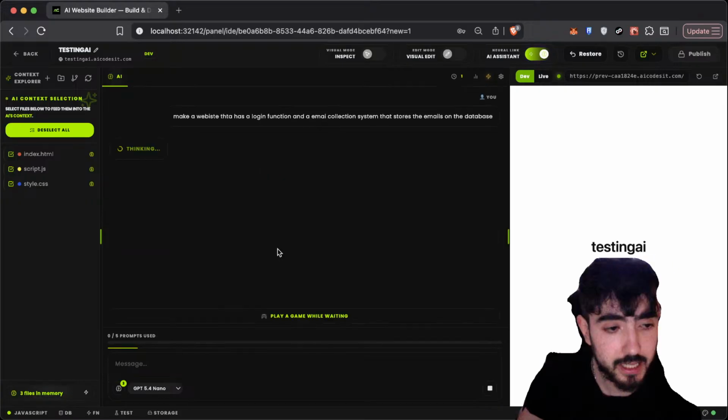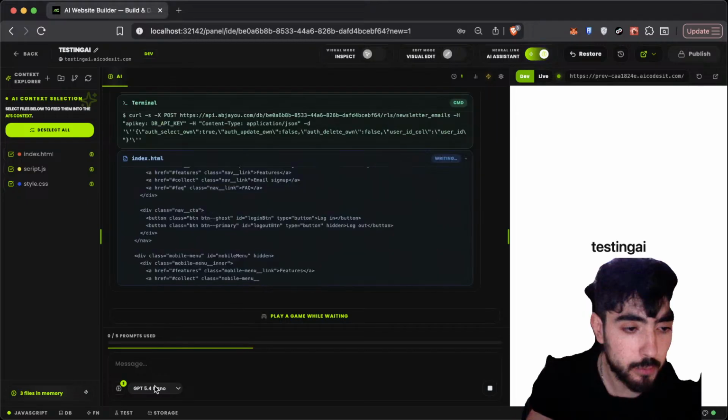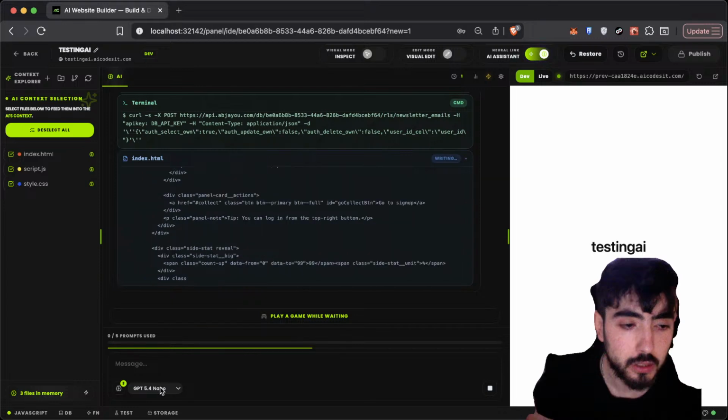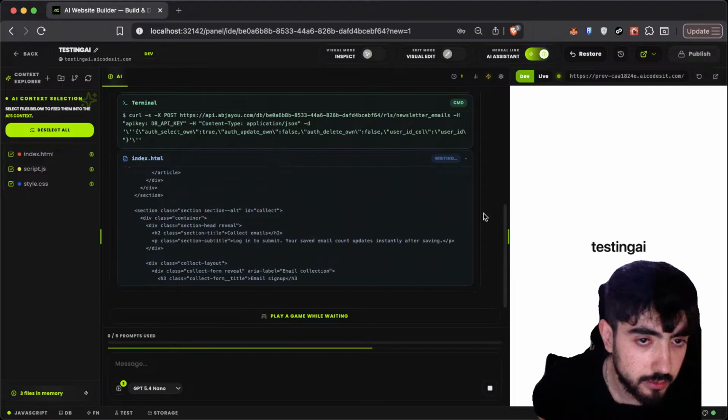This is a complex task for a dumb AI, but a smart AI, like the GPT 5.4 Nano, should understand and know how to do it.